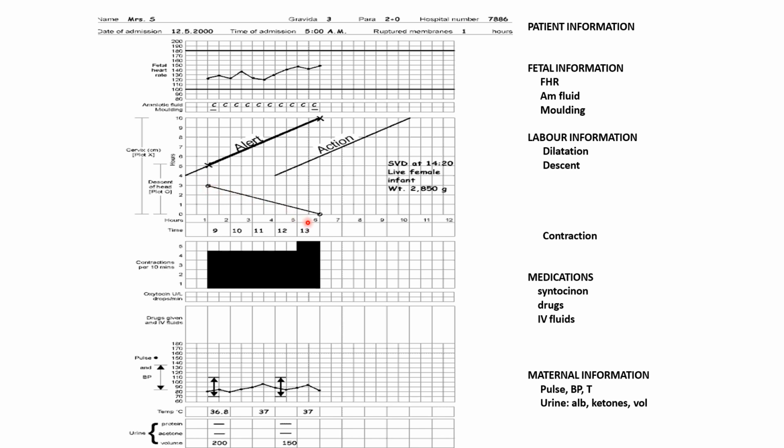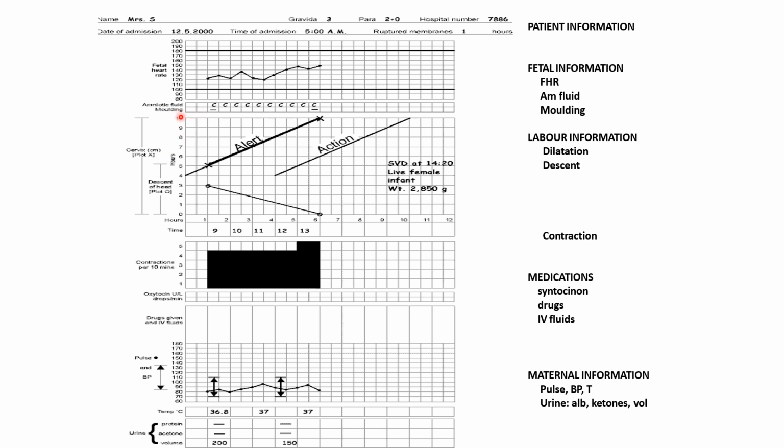Again, if you didn't assess the descent of the head, that means you didn't do the vaginal examination. Again, you have done the vaginal examination at 1 o'clock, that is at the 6th hour. That time it was plus 3. Already I have told you that for your easiness, what you can do is, with a pen you can mark 5 as 0, then plus 1, plus 2, plus 3, plus 4, plus 5. Like that you can mark here. In the same way, upward you can mark minus 1, minus 2, minus 3, minus 4, minus 5.